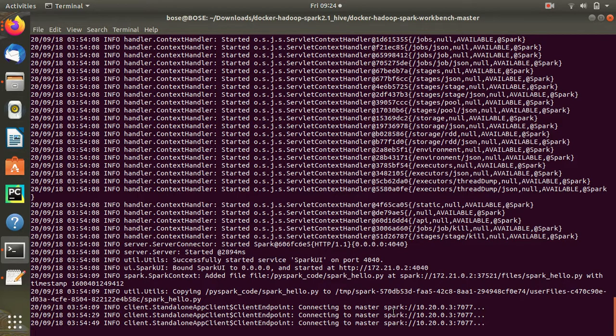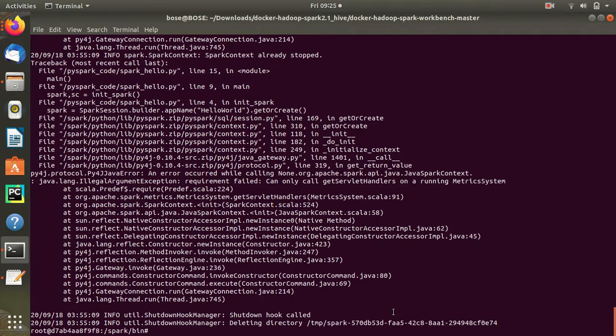Meanwhile, while it executes, our motto is, here we are executing the code, but parallelly we are also doing one activity. We are checking the files.